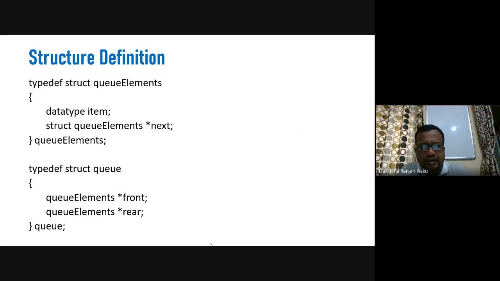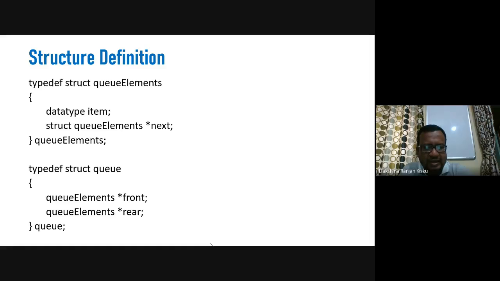Now to implement a queue using a linked list, we need to define two structures. The name of the first structure is queue elements, and the second structure is queue. In the queue elements structure there will be two members. One is the item, that means the data part will be identified by this variable item.